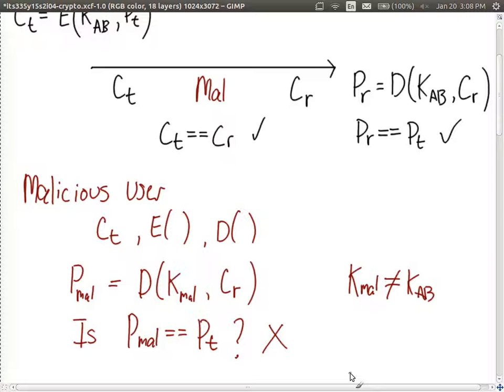What does the attacker need to do to find the plain text? Get 2 copies. 2 copies of what? Right. In this case, we assume the malicious user only knew the current ciphertext and the algorithms. Maybe the malicious user has observed past communications and they've seen past pairs of past ciphertext messages, different ones, and